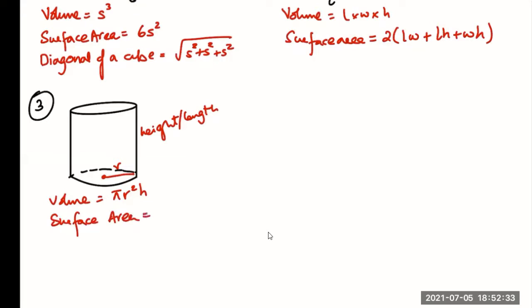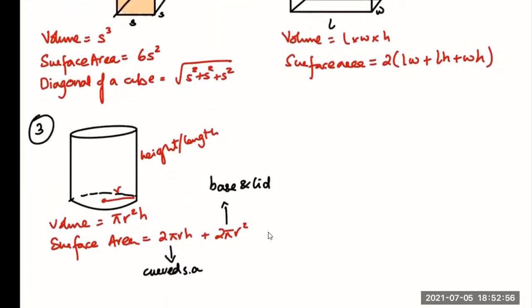Surface area is 2 pi r h plus 2 pi r square. Here it's important to mention that this is what we call the curved surface area of a cylinder. This is the base and the lid. Sometimes it's open, you're going to subtract one of these. Okay? So the three types of